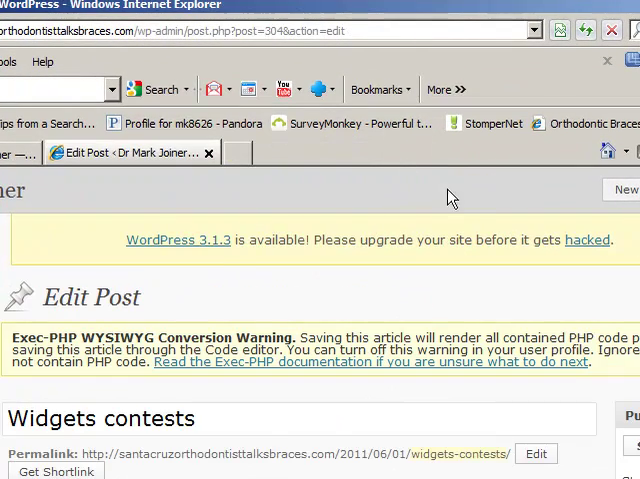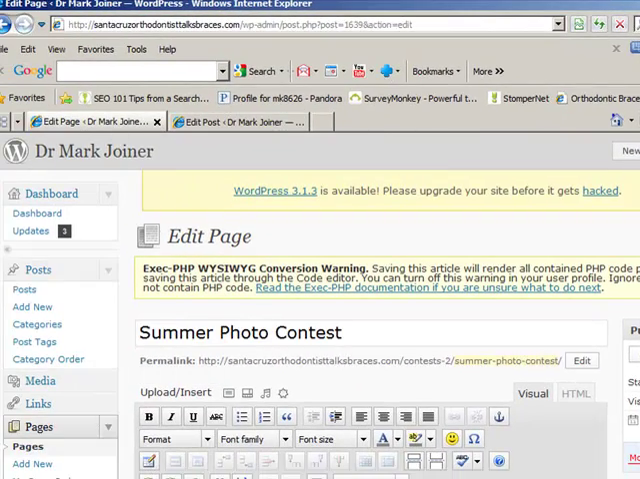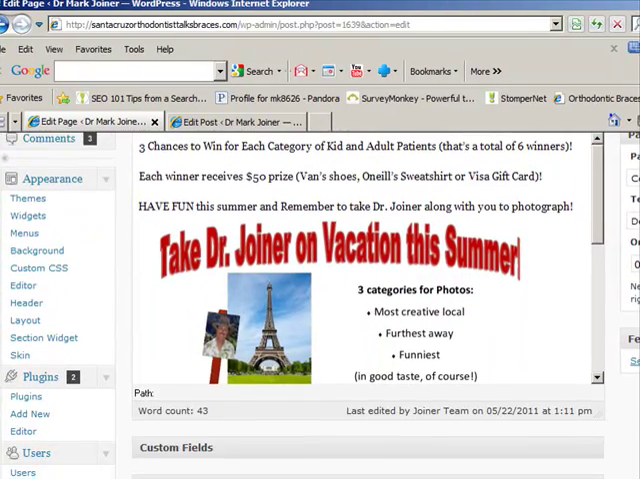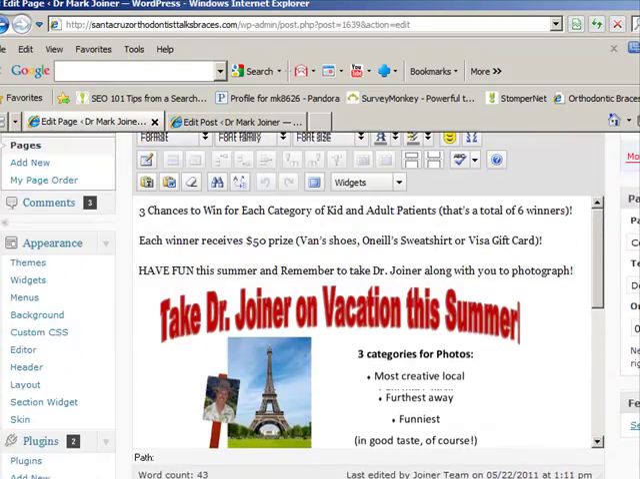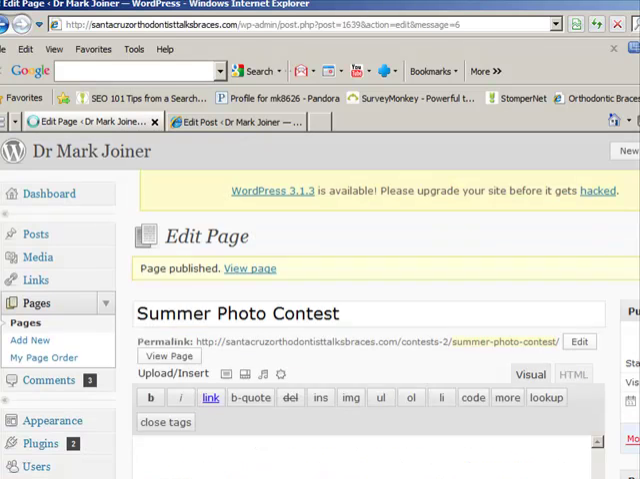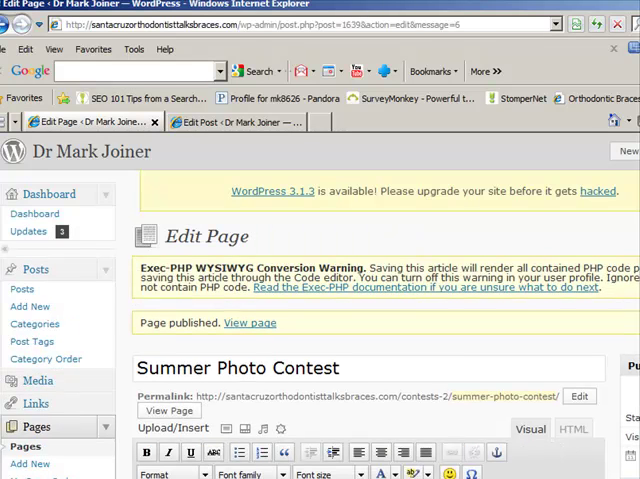So I'm going to X out of that area, and we are going to go back to the page area that we were working on. We have everything set up here ready to go, and what we want to do is publish the page. The reason that we want to publish the page is you cannot create the link for the widget unless the page is published. So I have now published the page, it's updated. I'm going to go into View Page,